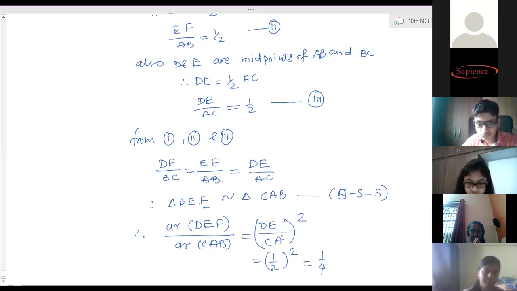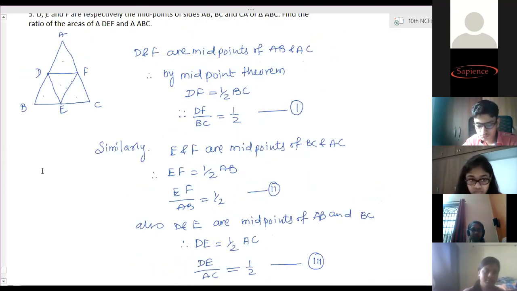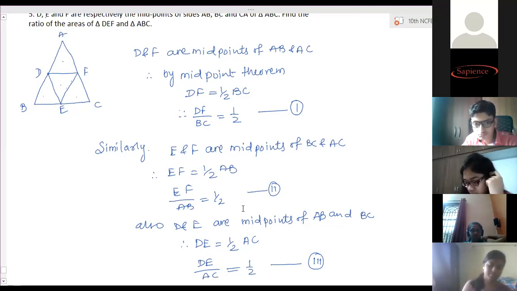Many teachers will tell you to prove the similarity by AA similarity. How to do it? As you did last year, DF is parallel to BC, so DF is parallel to BE and DB is parallel to EF. Therefore DFEB is a parallelogram, and angles B and F are equal as opposite angles of a parallelogram. Many places give this part, but it is lengthier and you have to write more things. This part is the easiest, a simple one. You can easily remember it, and the writing part is lesser.